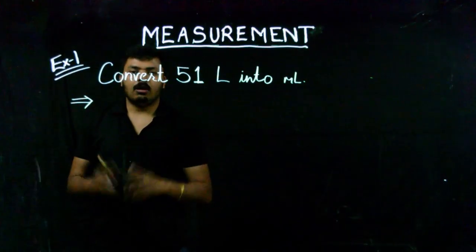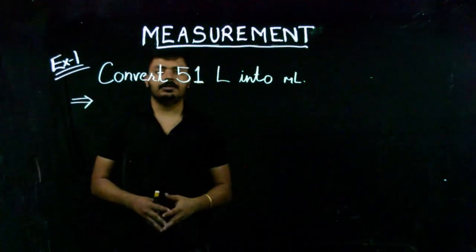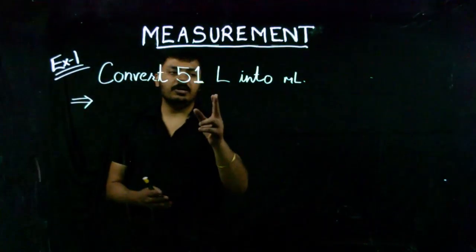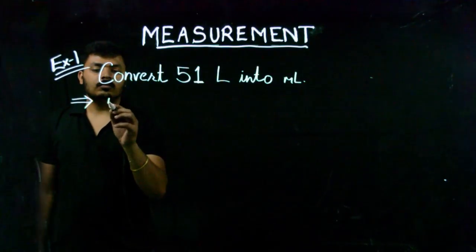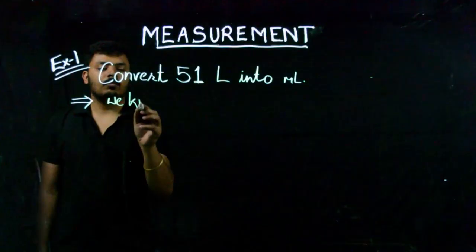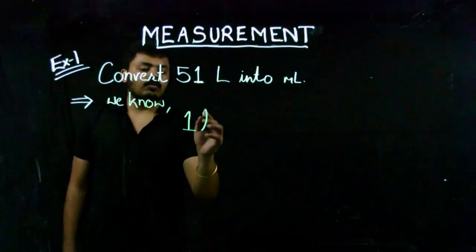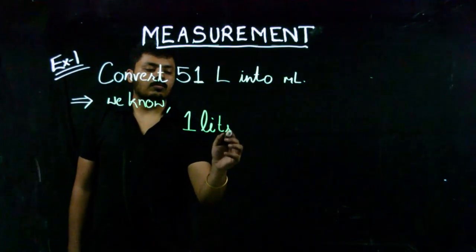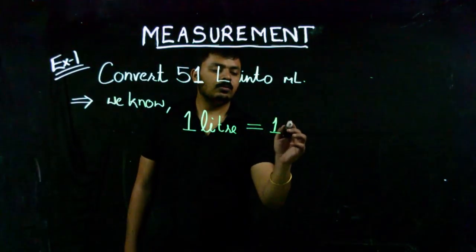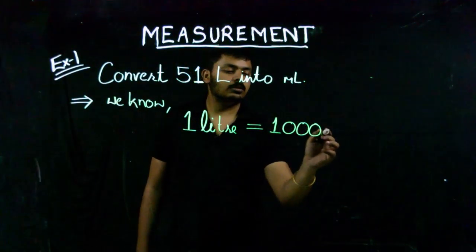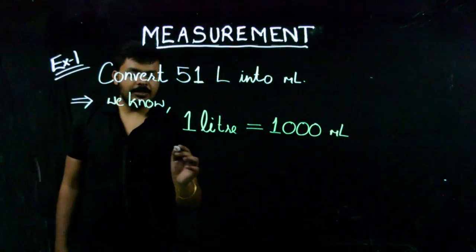So students, now let's look at example number 1. Convert 51 liter into milliliters. So we have to convert from liter to milliliters. So we know that one liter is equal to 1000 milliliters. So 51 liter